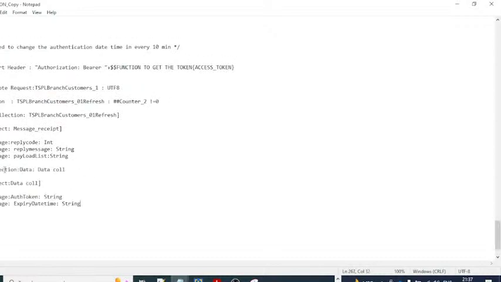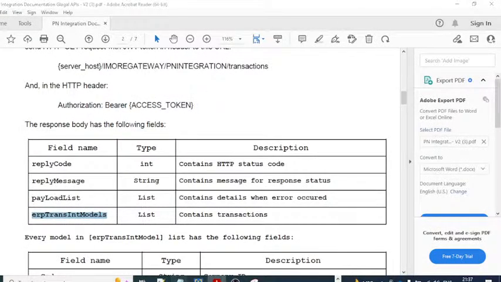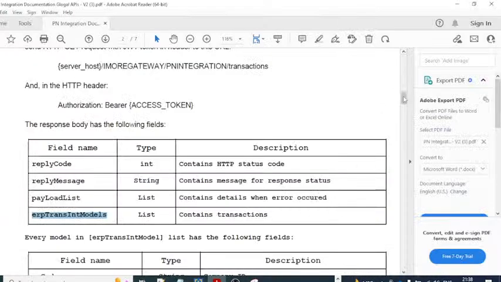Then control V. Now the collection name is the same as this. ओके. अब इसमें स्टोरेज आया ऑफ द फॉलोइंग: